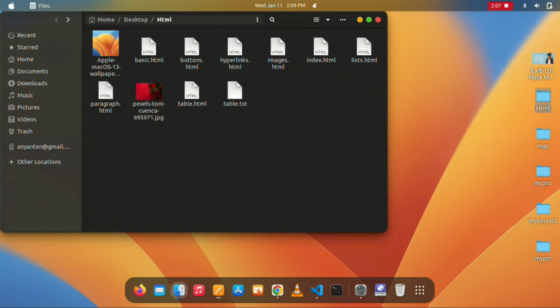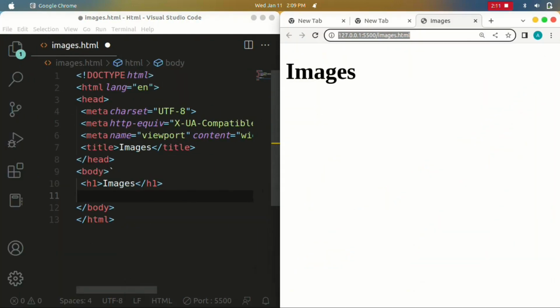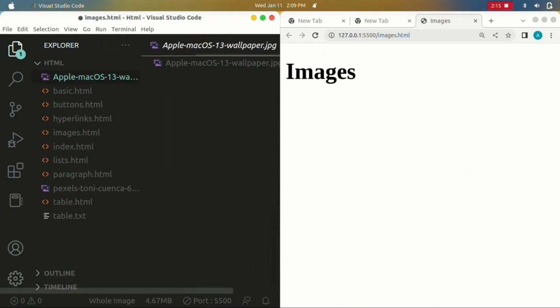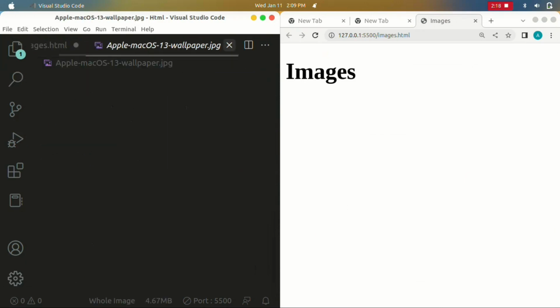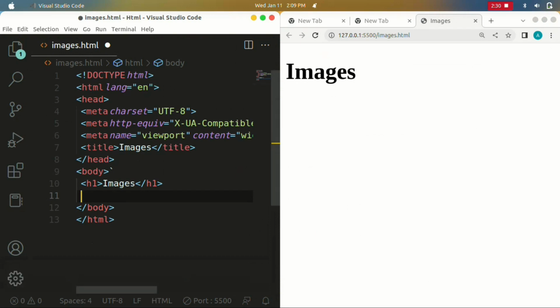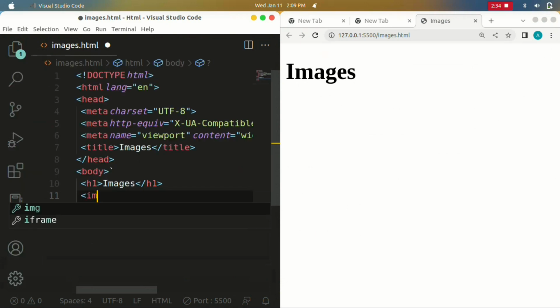So once we are done, let's head straight into the VS Code. And as you can see, we have the images right here in our folder, as we brought them into the HTML folder. So now, the way to create an image, you need to write img with less than img